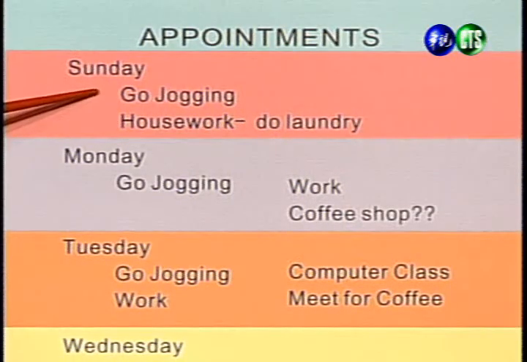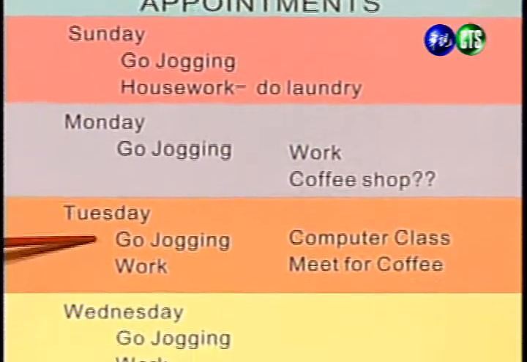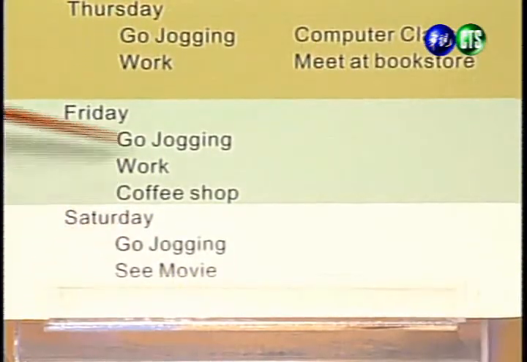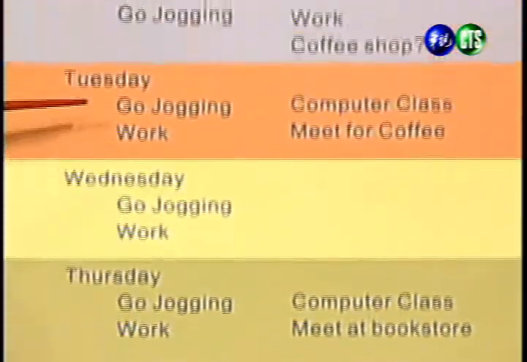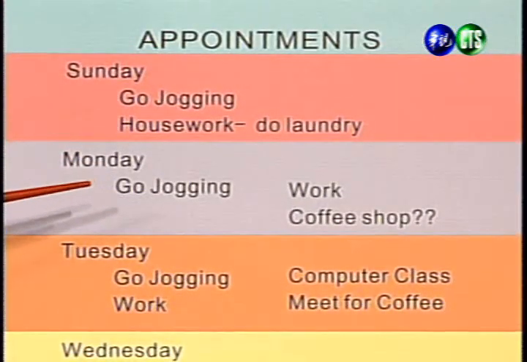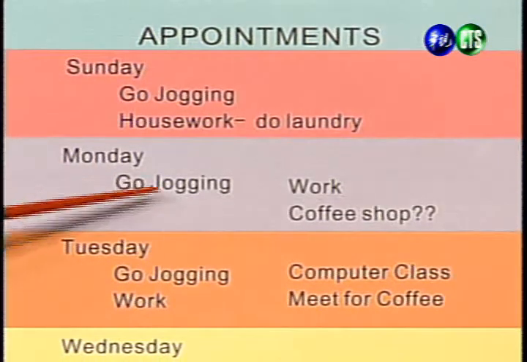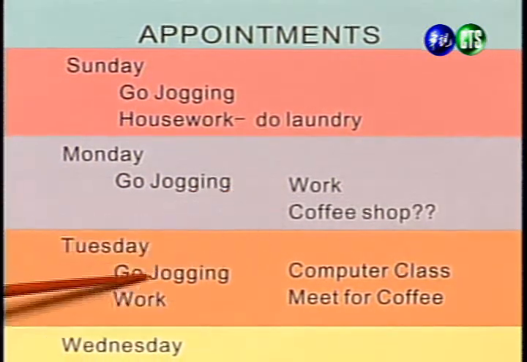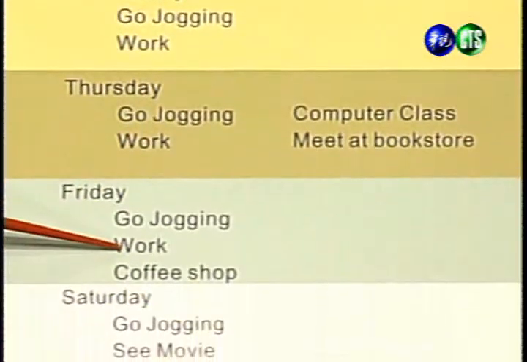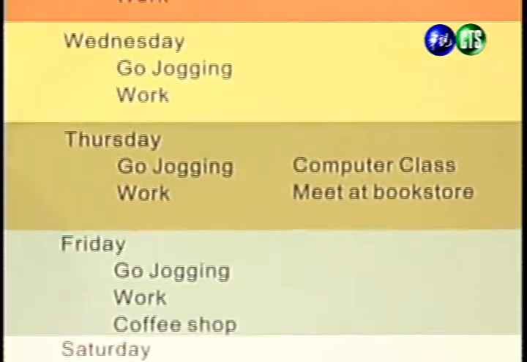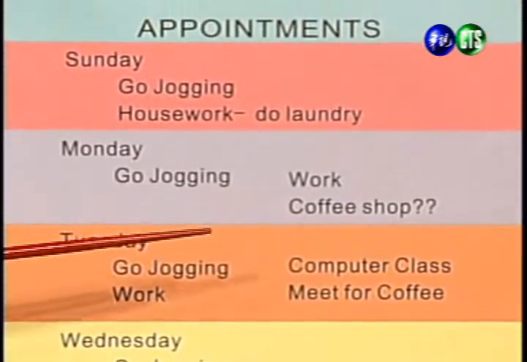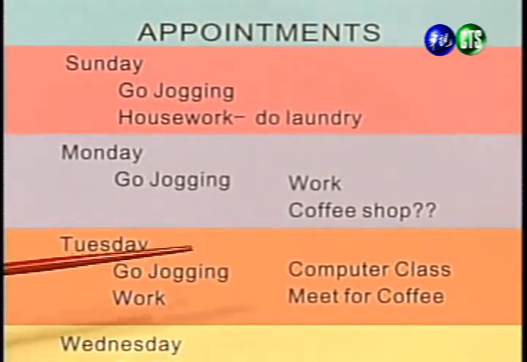The first thing that we can see is that Jeannie goes jogging every day of the week. 好，我们可以发现 Jeannie 每天都会去慢跑，而且从礼拜天到礼拜六整个礼拜都会这么做。All right, so now if we look at Monday, the next thing that we can see is that Jeannie goes to work from Monday, Tuesday, Wednesday, Thursday, all the way to Friday. 好，下一件常见的事情呢，是去上班。Jeannie 从礼拜一到礼拜五都会去工作。